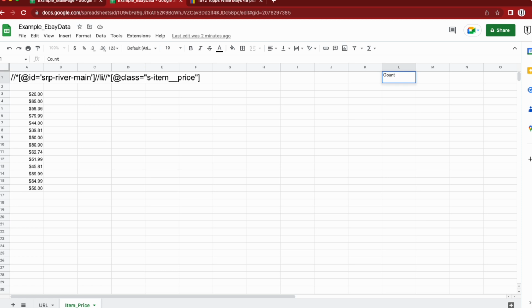And now let's run a formula that's going to count how many items. So we're going to do equals and count. And again, I mentioned we want to omit that $20. We're going to start on cell A4, and I want you to click and select it and drag down only one. And then I want you to come to the formula bar, and we're going to change that 5 to